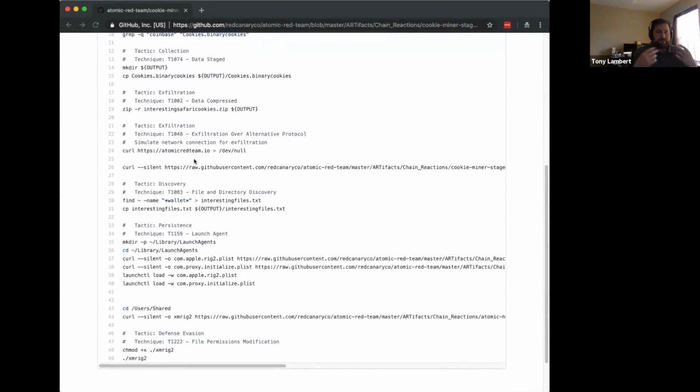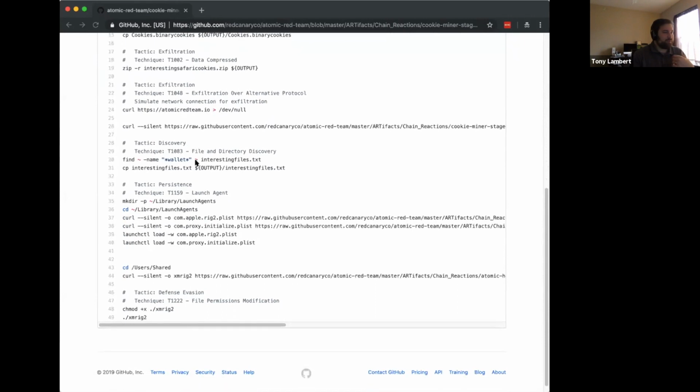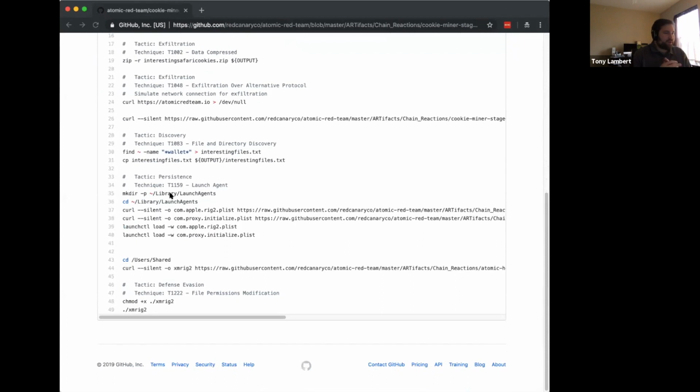Since a real true simulation is going to have some network connections that are going to be kind of risky to do, we simulated the network connections here by just doing curl calls. Then at the very end, we provide a couple of areas to do persistence simulations. With CookieMiner specifically, it left a couple of launch agents on a victim's computer. One of them was to trigger a Python Empire agent. The other one was to actually keep the crypto miner, the binary payload, running whenever you started up your computer